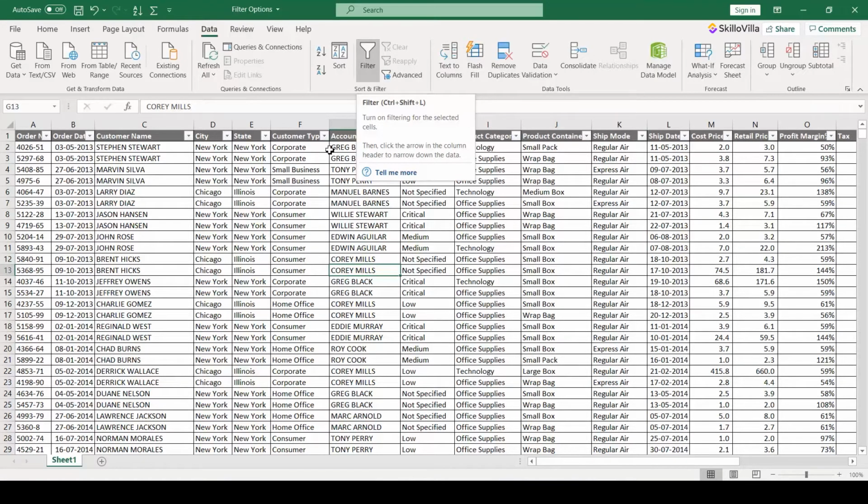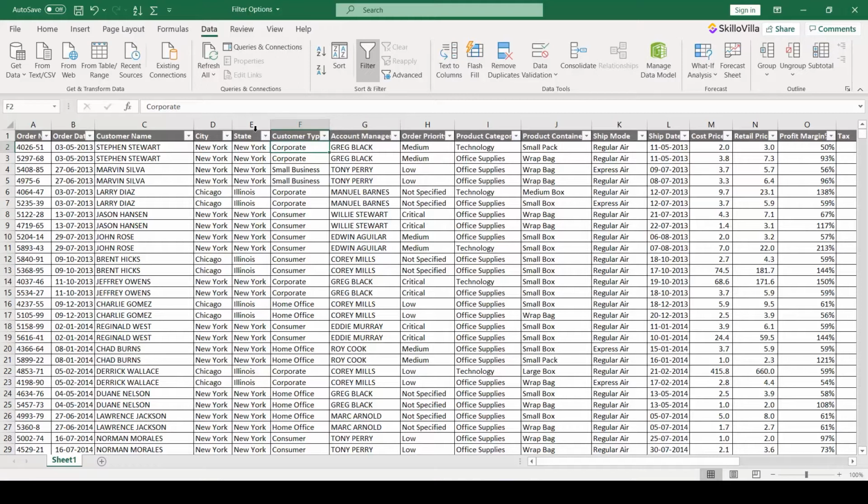As you can see, little arrow icons have appeared on every header indicating that filters can be applied now. These are called auto filter icons and can be used to filter or sort the data. We were tasked to find out the orders placed in New York City during the last quarter of 2015 and which were over $5,000. We will take one step at a time and try to get the results.